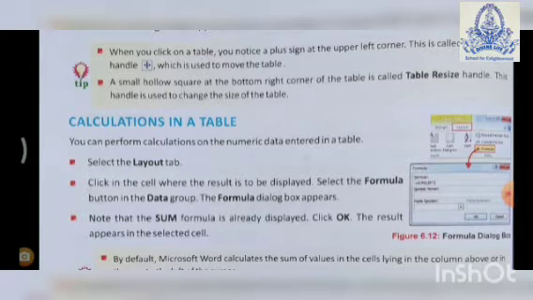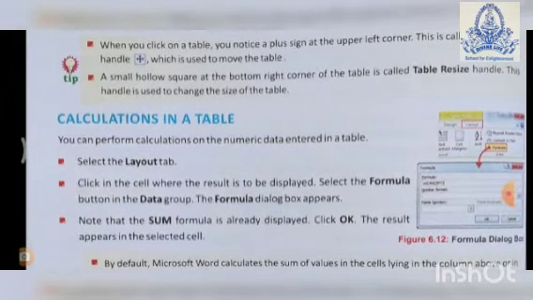Automatically you will get all the students' final results. I am just giving one example. It is not only for students' results. You can do any kind of calculations.